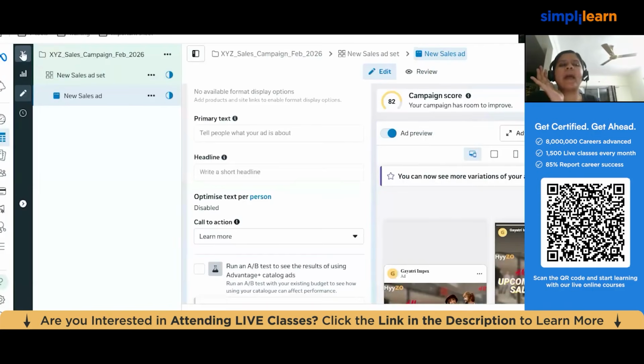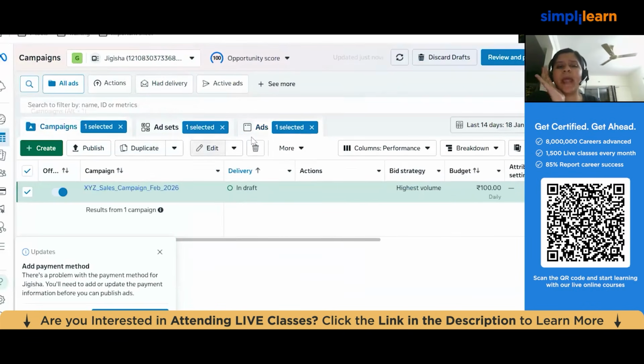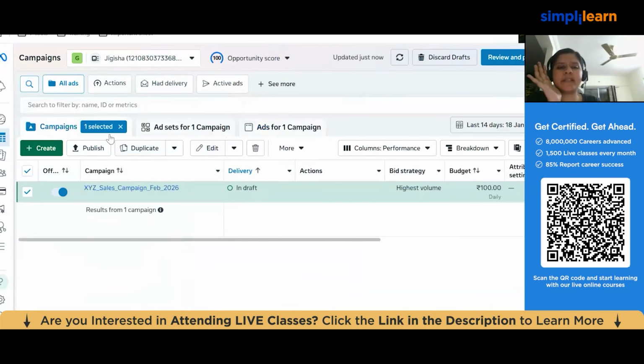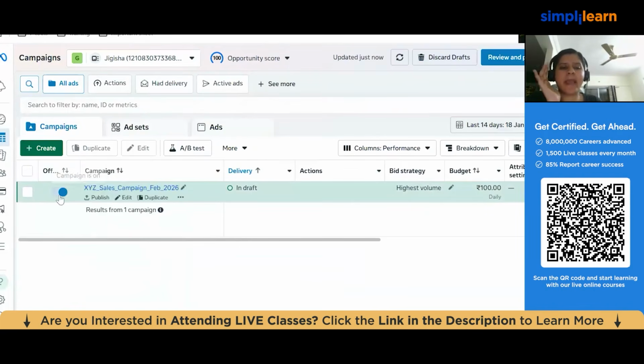So this is what a basic campaign setup looks like. This wasn't advanced, guys. This wasn't intermediate either. By the way, you can edit this campaign whenever you want. You can edit all the settings. The only settings that you can't change are your objective and your buying type. If you change your objective or your buying type, all the settings